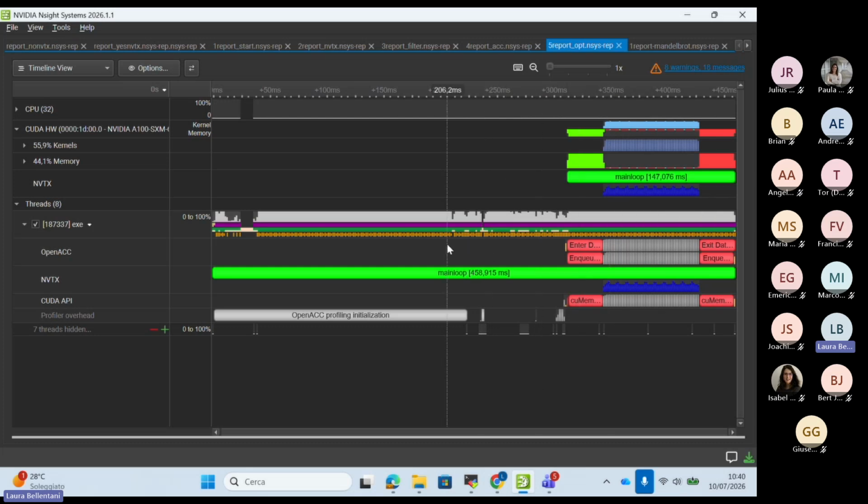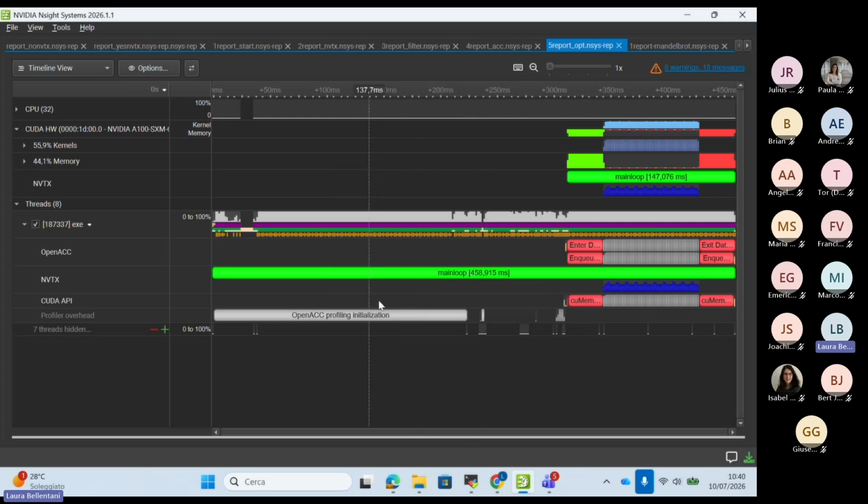One more piece of information. If you look here in the main loop, you can see this OpenHPC profiling initialization. So be careful when you instrument, when you measure: use this capture range and NVTX on very small ranges, because the tool will attach somewhere the overhead for the OpenHPC profiling initialization.